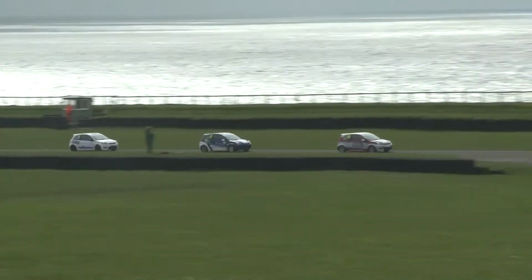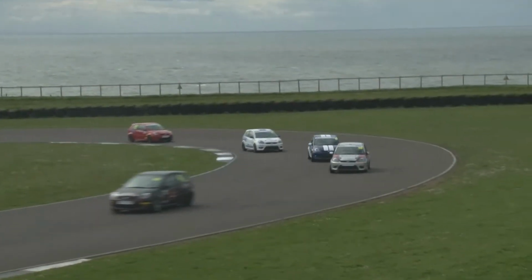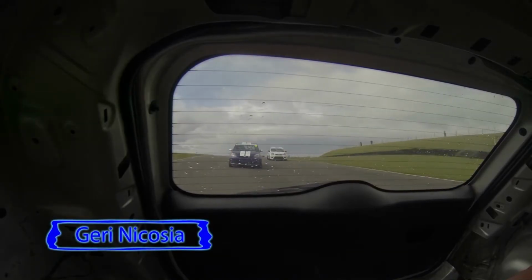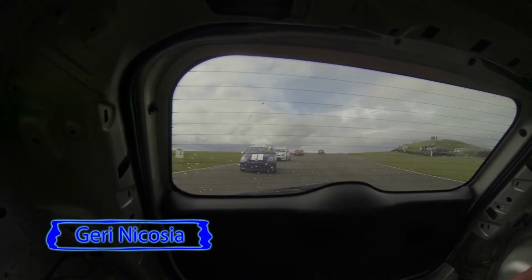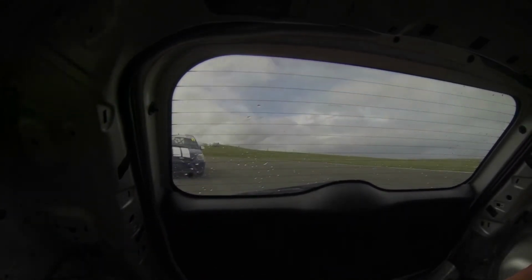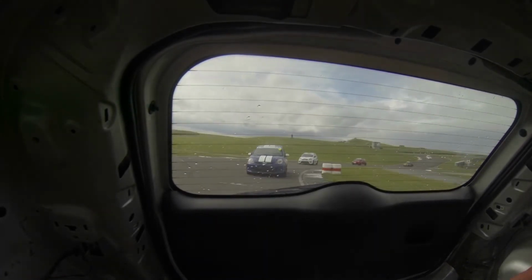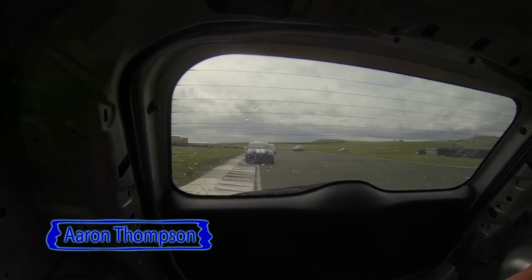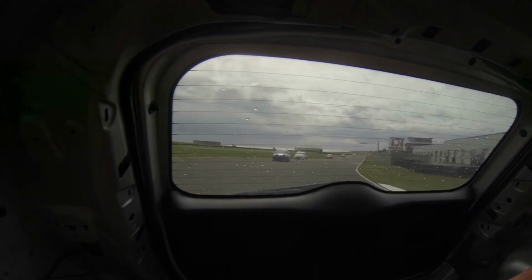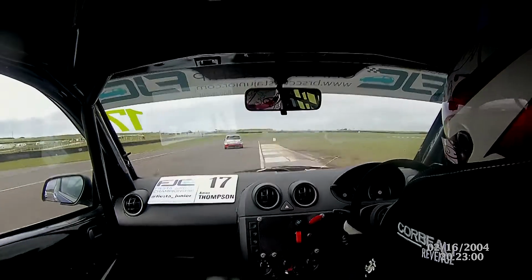Cracking start from all of our young drivers, and a reminder, 14 to 17 years of age, these drivers. Aaron Thompson, who won race number 1, finds himself at the moment down in 4th place. Here's the view from the rear-facing camera of Geri Nicosia, the young man racing in 3rd place at the moment, and he, as we said, an ever-present up to our first race of the weekend here on the podium. He had 2/3 in event 1, which was at Silverstone, 2 second places at Snetterton. I guess he was hoping to bag a brace of wins here at Anglesey, but sadly that wasn't to be